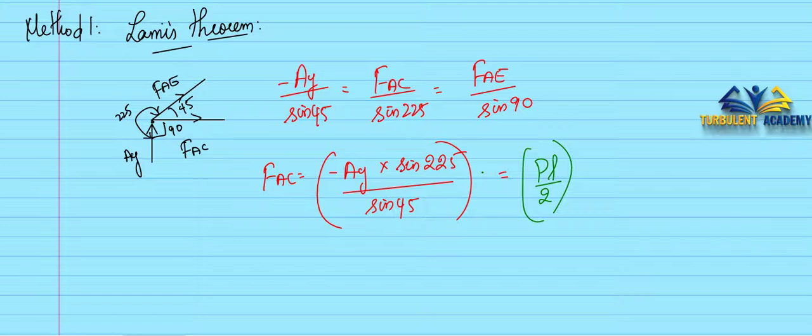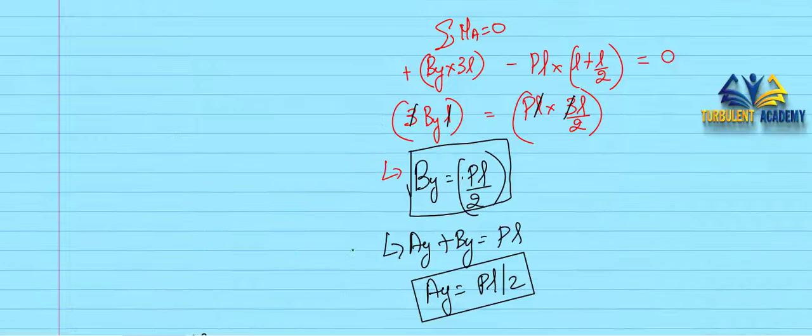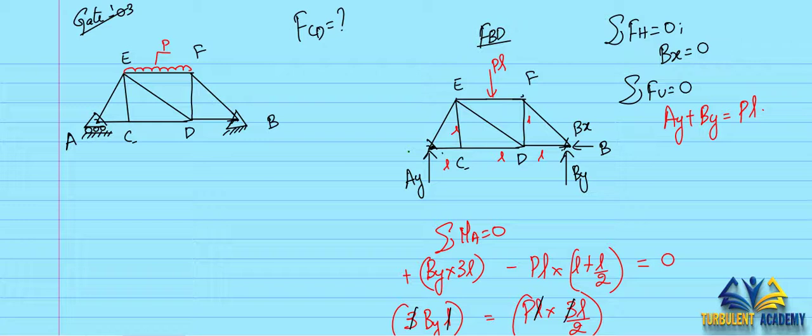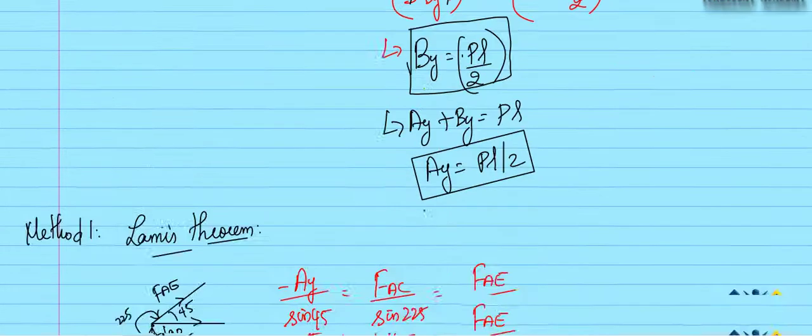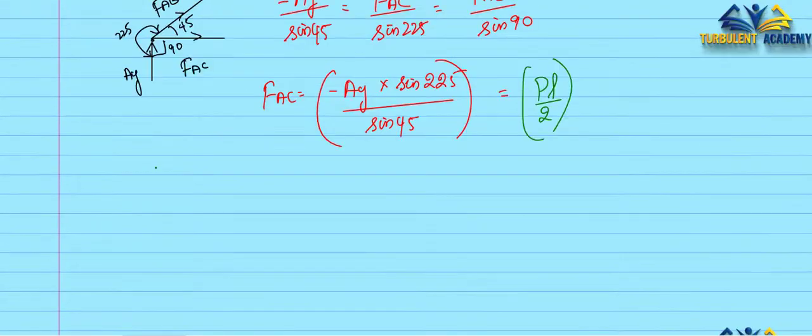Next, what we need to find is FCD. So we have found FAC, so it's very easy to find FCD now. So AC, CD, CE, it's totally easier now. So this is AC, CD, this is CE. Marking out the angles in between them, this is 90. Once you get experience, just by seeing, you would be able to solve this.